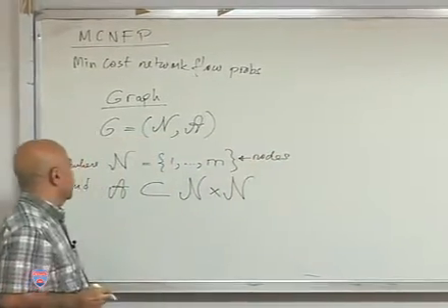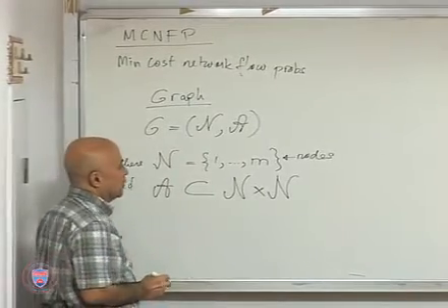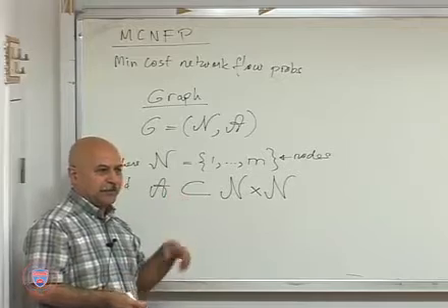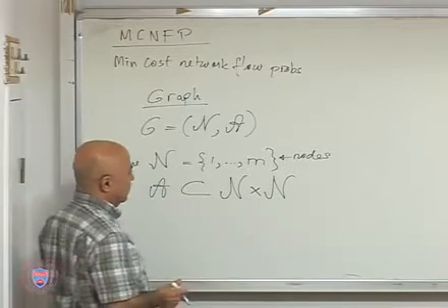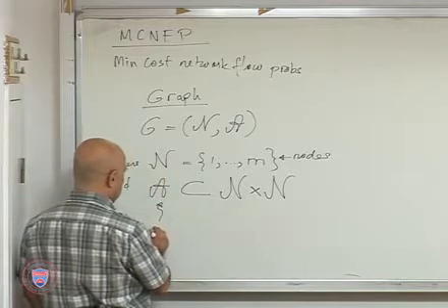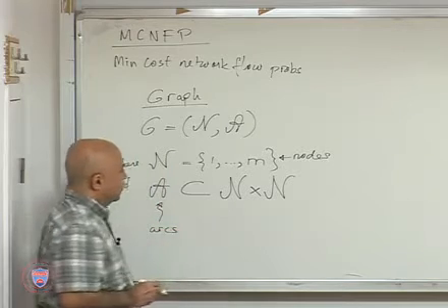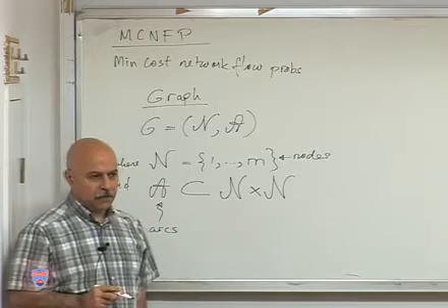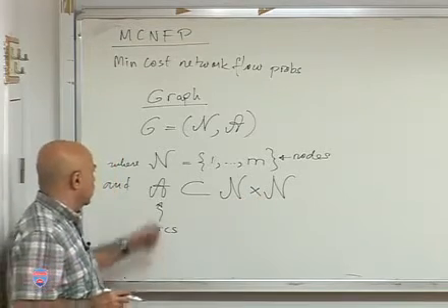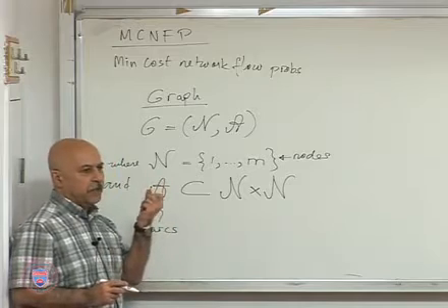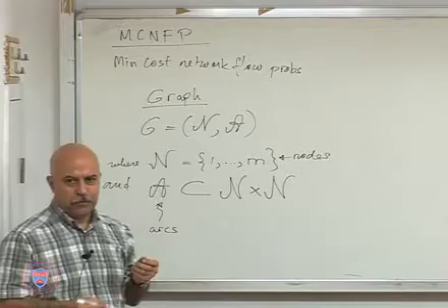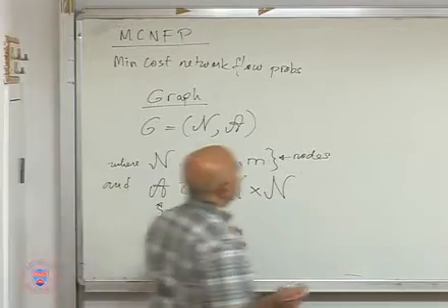Each element of script N is a node. Some people refer to them as vertices. Not the vertex of a polyhedral set, but just as a vertex. And the elements of A are called arcs. We are talking about directed arcs here, because I'm taking the cross product of N by itself. So each element of A is an ordered pair of elements ij. Okay? So ji is different from ij. All right, so as an example,